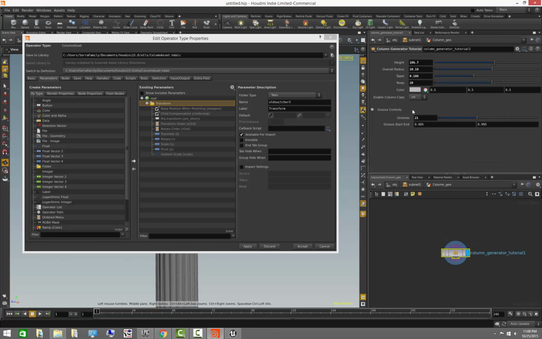Now the next thing I want to do is, the same way I used to control the look of my column by playing with these parameters, I want to go ahead and promote these parameters to the top, so that we can still control the look of our columns without having to dive inside of our digital asset. So what we're going to do is create a new folder. You can just click on this and then drag and drop it wherever you want it. And I'm gonna call this one my